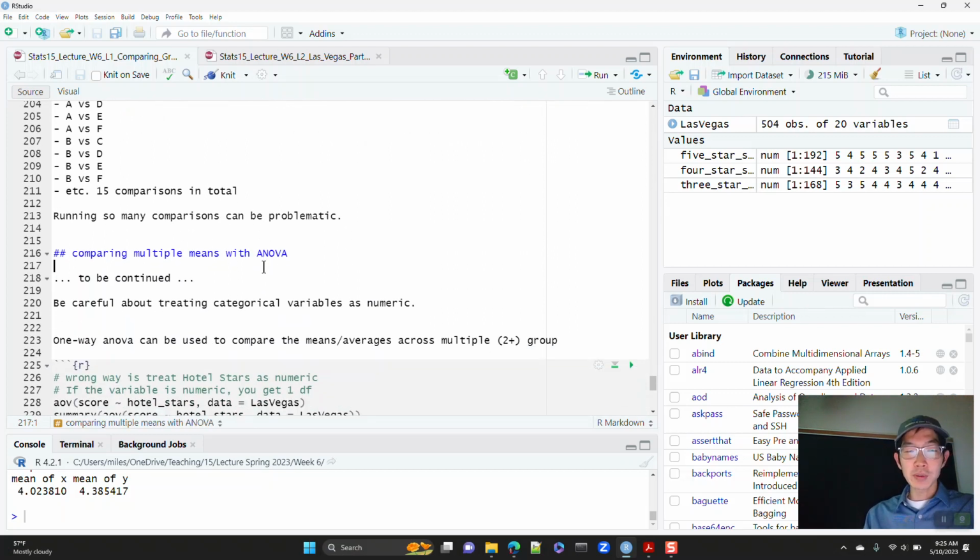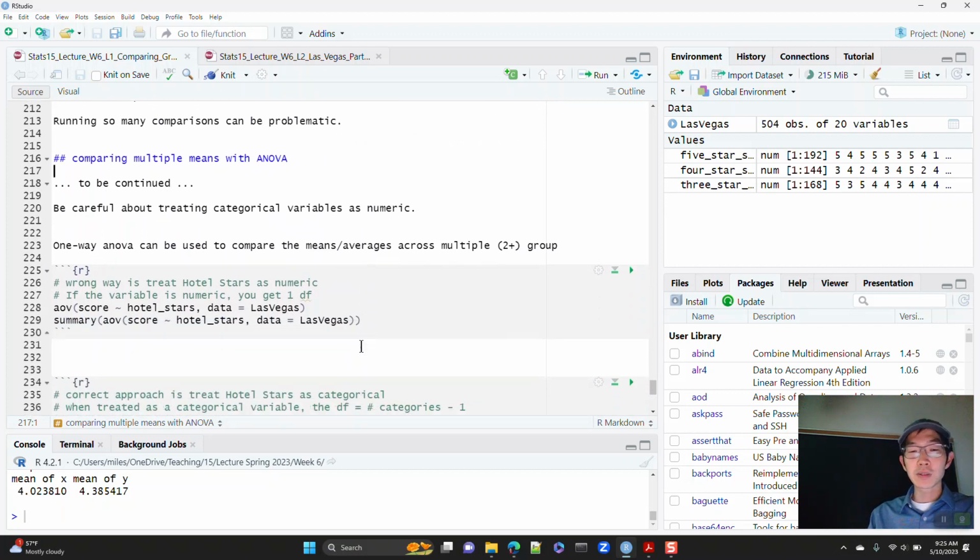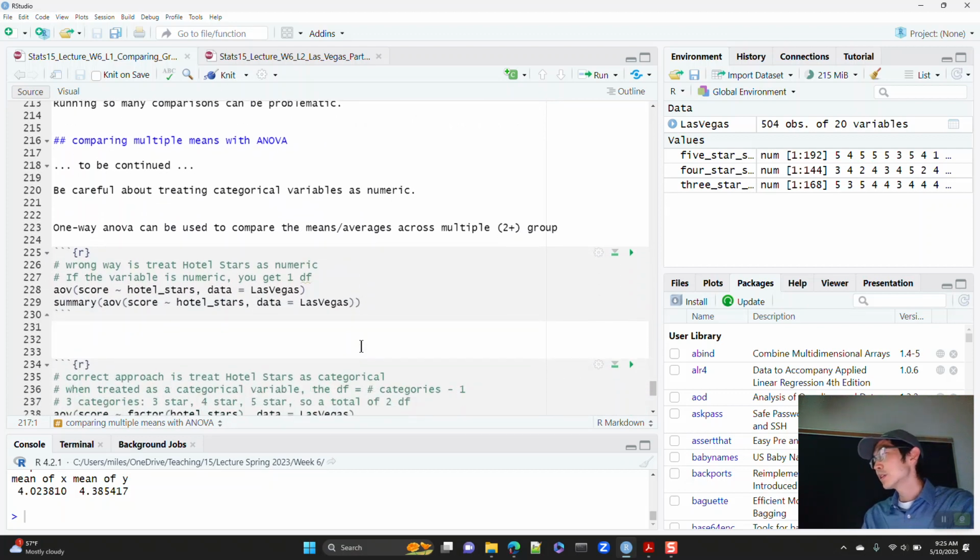Okay, so what I wanted to continue on with is performing something called one-way ANOVA. This is useful if you have multiple groups and you want to compare the means of all of the groups at the same time. So here I have 3-star hotels, 4-star hotels, 5-star hotels, and I want to compare all 3 groups simultaneously.